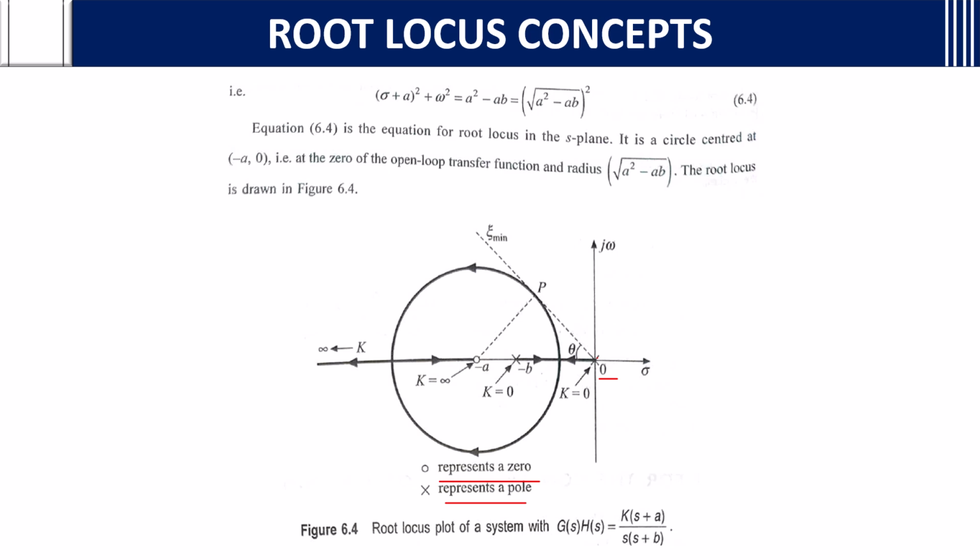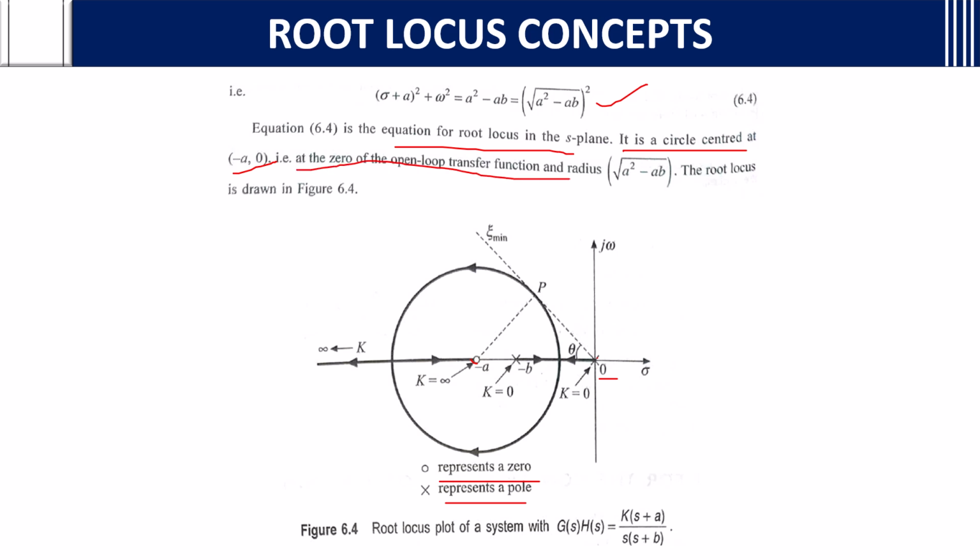Now what we will do? Sigma plus a whole square plus omega square equals a square minus ab, that you got as this equation. That is nothing but x square plus y square equals r square form. Equation 6.4 is the equation for root locus in S-plane. It is a circle. I told you, as it is a circle, x square plus y square equals r square. So at minus a comma 0 it is centered. This is the minus a. It is centered at minus a